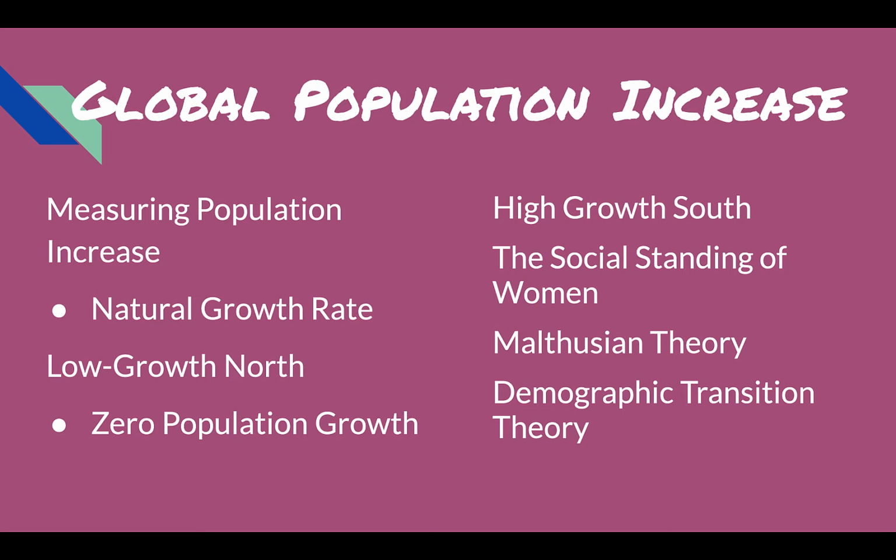So when we look at population, there are two main ways to look at it. You've got Malthusian theory, and then you've got demographic transition theory. Malthusian theory was basically saying that population increases geometrically while food increases arithmetically. And you're like, oh, okay, well that makes sense. Okay, let me explain that a little better. Basically, what he's trying to say is that how many plants you plant in the ground is roughly how many you will get, versus each person can have X amount of people.